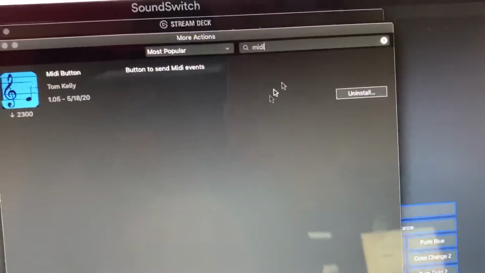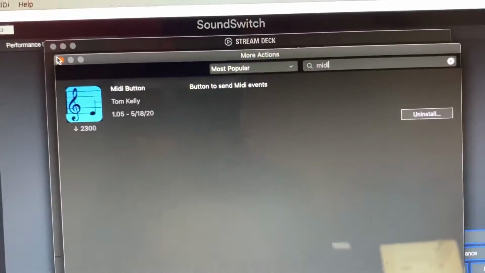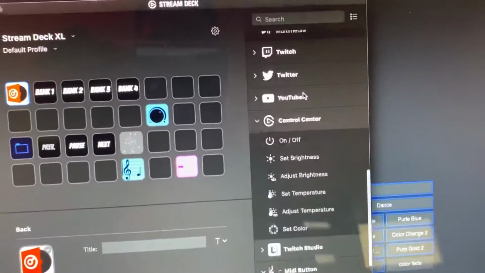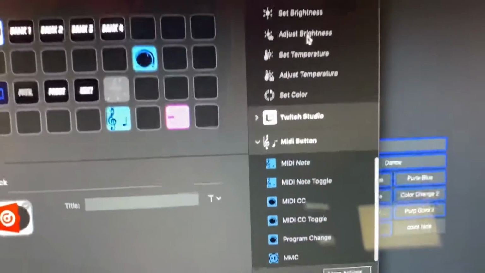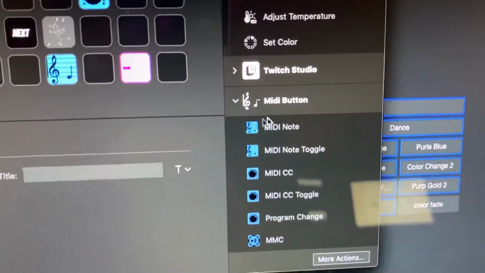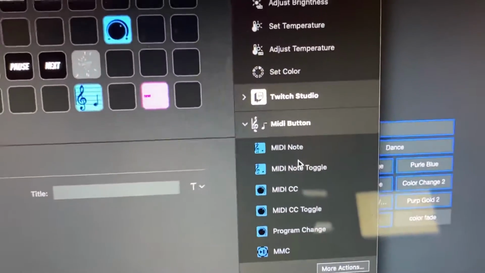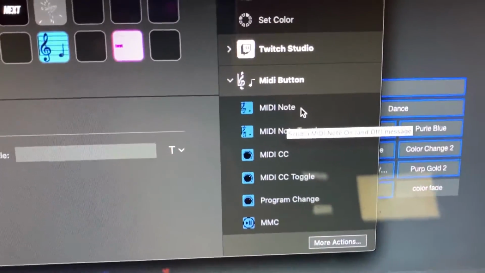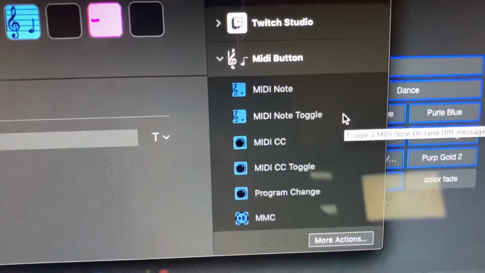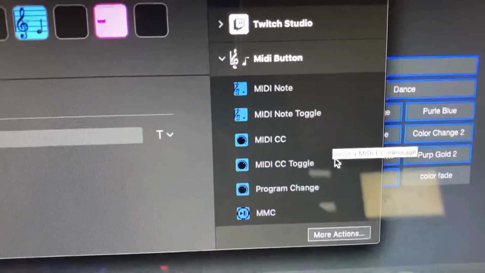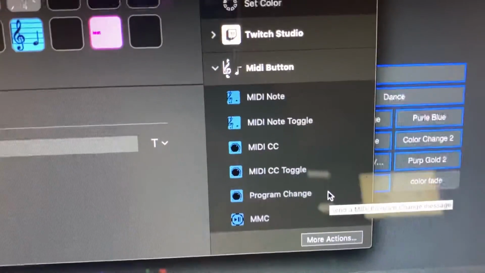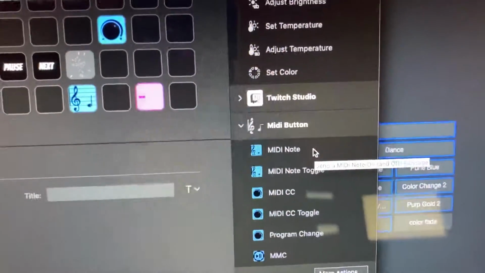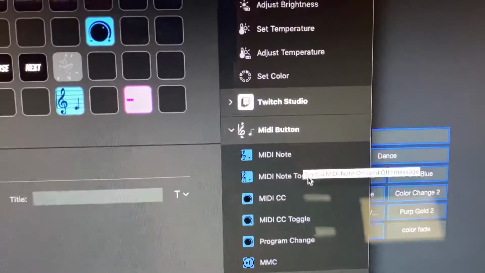Just download it, and then once you download it, you're going to come over here all the way to the bottom, and then MIDI button. That's the plugin. So what you want to do is there's MIDI note toggle, MIDI CC toggle. You'll probably just be using the first four, but more importantly, probably just the first two